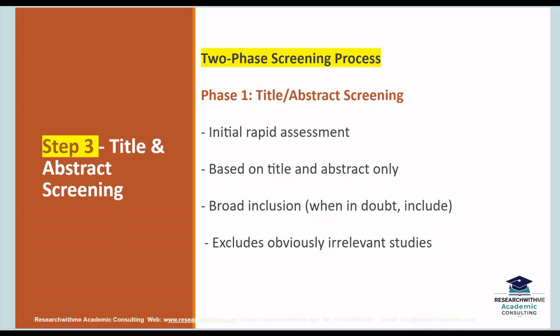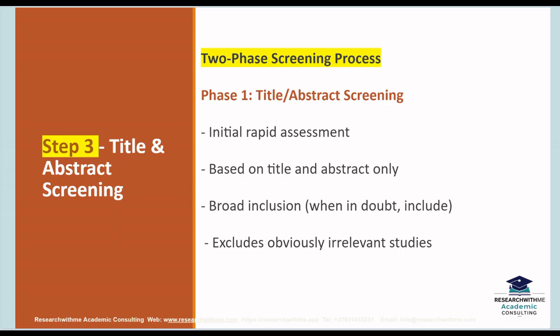Some reference managers have been developed to a point whereby you can import your study into them, and when you import your study into them, you will see the title, you will see the abstract. So you can read the title and the abstract. If you don't want to go the laptop way, I mean using your Window Explorer to do it, you can import to some